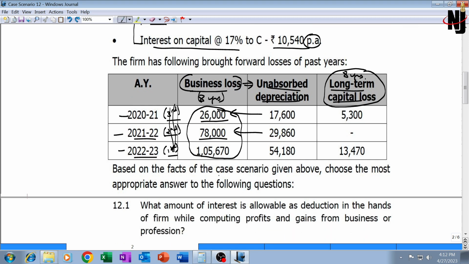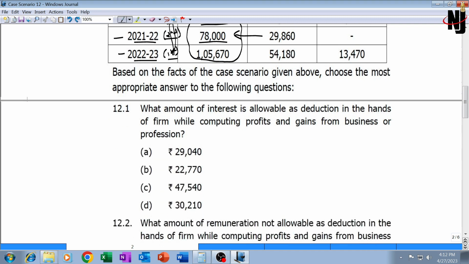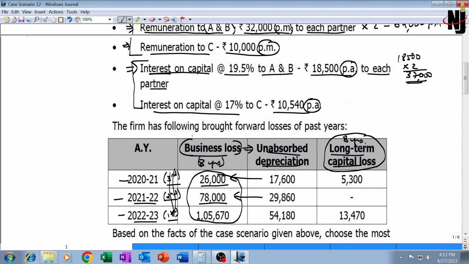Question is over. Based on the facts of the case scenario given above, choose the most appropriate answer to the following questions. Number 1, 12.1. What amount of interest is allowable as a deduction in the hands of the firm while computing PGBP income? Interest. So as far as interest is concerned, we don't distinguish between working and non-working partner. If you can see here, interest on capital